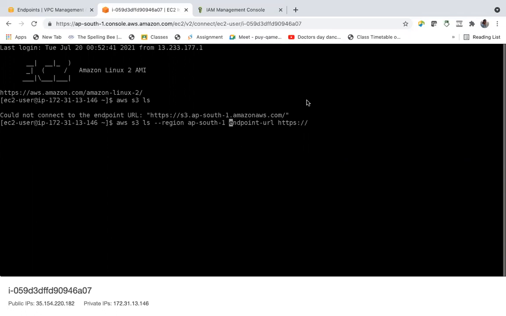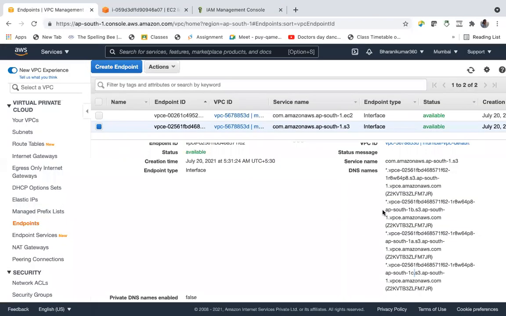And yeah, with hyphens, endpoint URL https, copy and paste it here. This one, copy and paste. So the regional one.